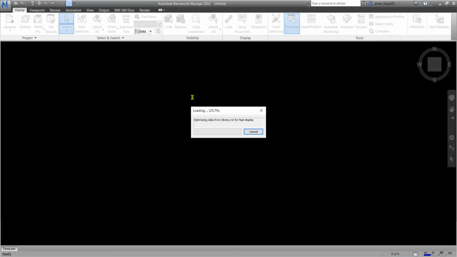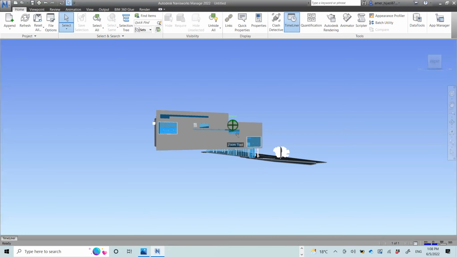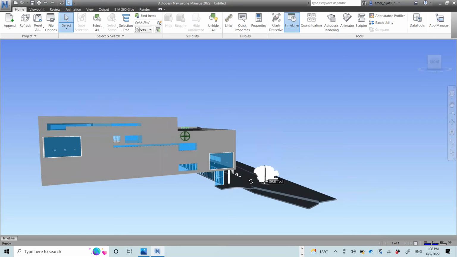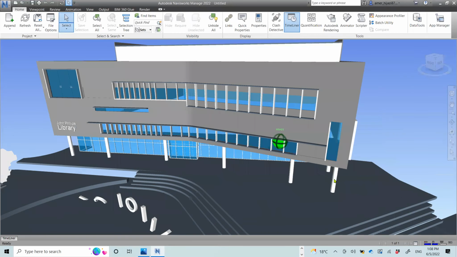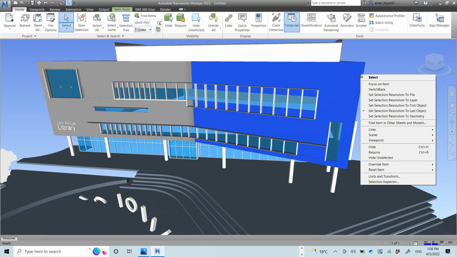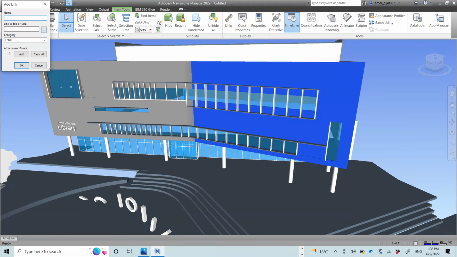So once we open it, we will be able to see the file here that we have created. And as you can see, it is actually more lean, and you can click on each object separately. In each object, you can add a link, or you can even add some files. So for example, let's say I need to add a link for the library. So if I click on that link,